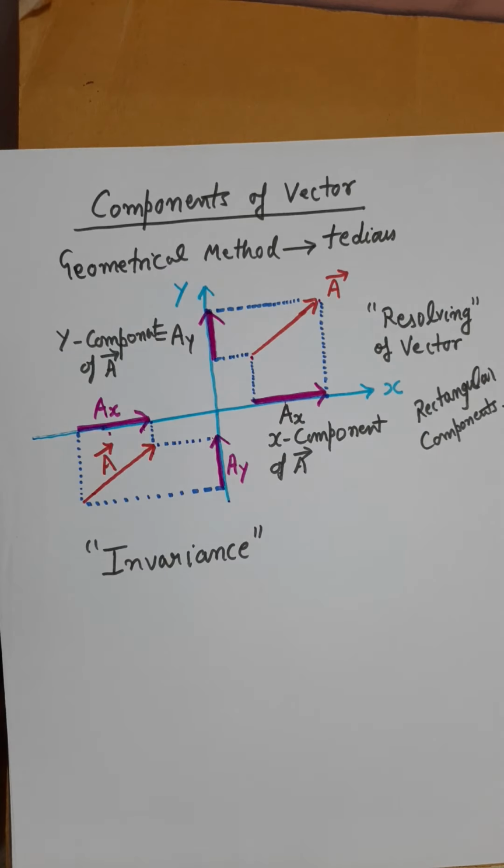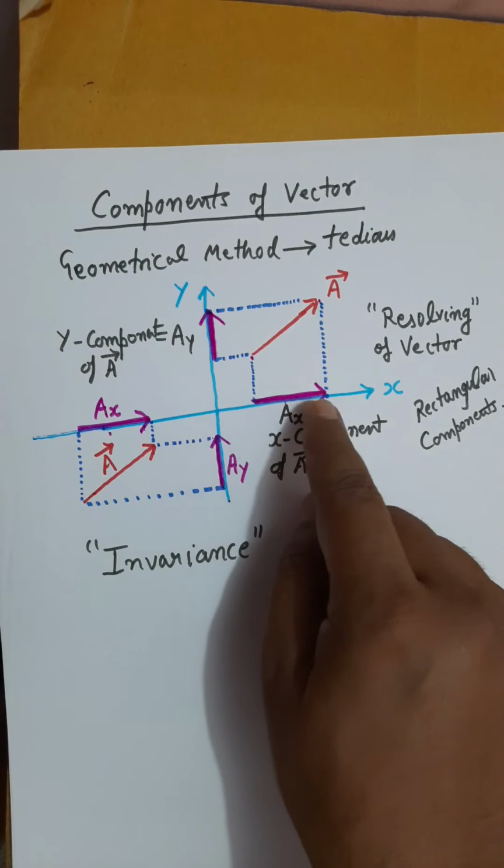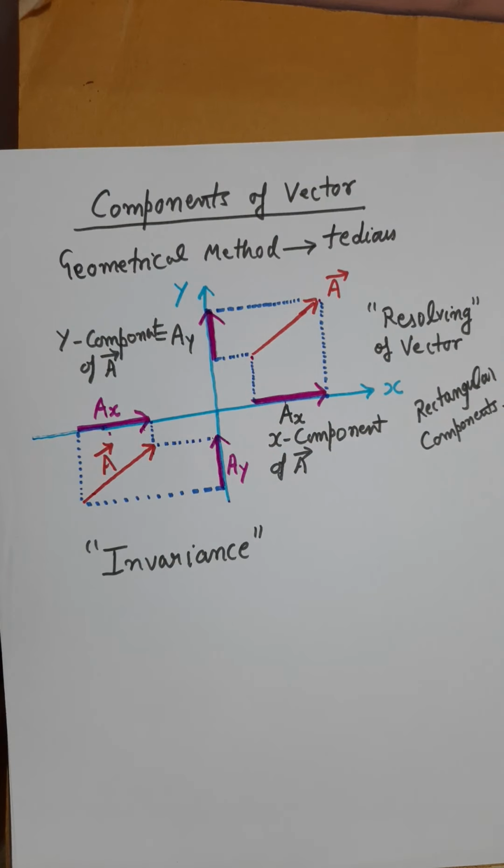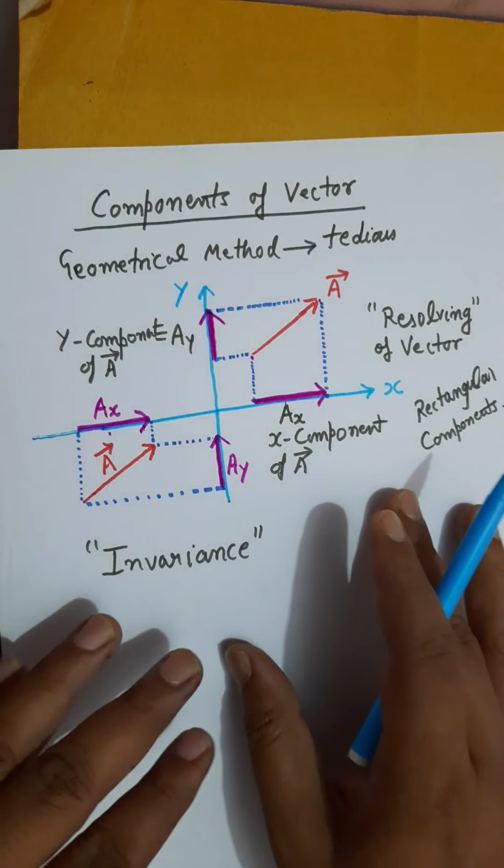vectors. Now, how to find the length of our components? This is the next question. Can we find the length of this component? Yes, we can find. Remember, shifting or sliding a vector does not change its property. The component remains same, vector remains same, and everything remains same. So I can use this property.